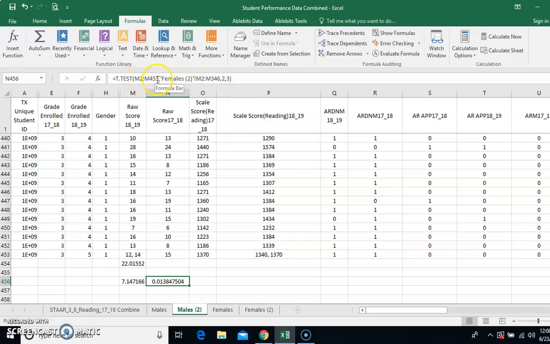And you can see that the females only had 345 students, and the males had 452 students. So my probability was 0.01. So as I was thinking about what I've just done here,